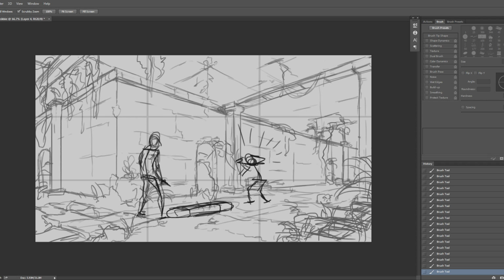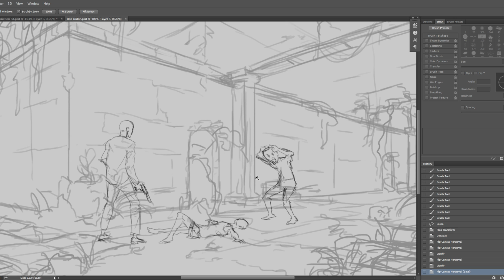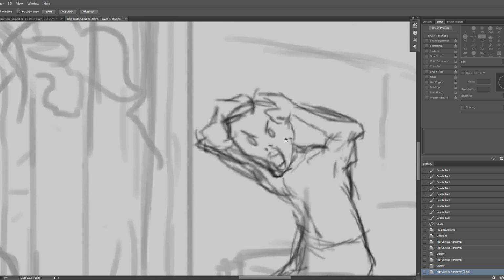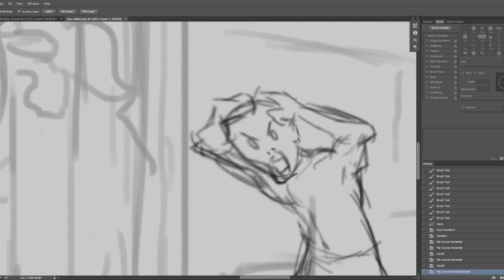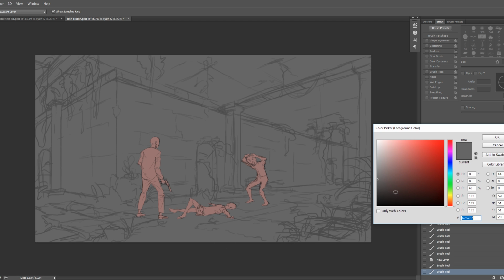But before I talk about lighting, I'm just gonna render the characters out a bit more because they're just stick figures. Now that we've sketched the characters out, you can already see a lot of emotion in the scene. Now this is going to be sort of a dark shot, I figure, since this is an abandoned temple and all. Doesn't really look much like a temple, it just looks like a dungeon of some sort, but whatever.